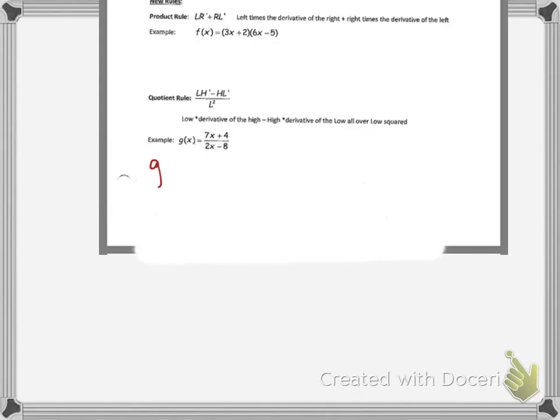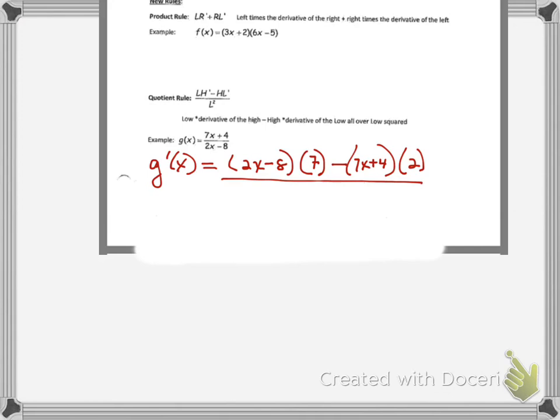So we have g prime of x would equal low. What's your low function? That would be the 2x minus 8. D high, what's the derivative of your high function? That would be 7. Minus high, which is 7x plus 4, times the derivative of the low, which is 2. And then don't forget, it's all over low